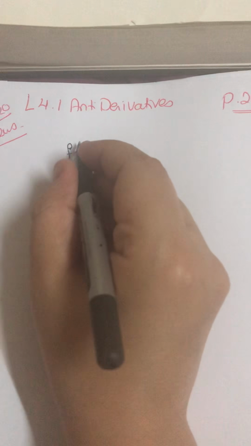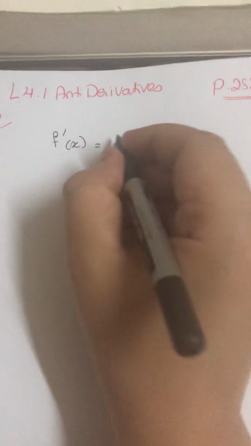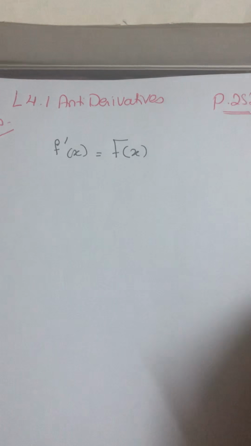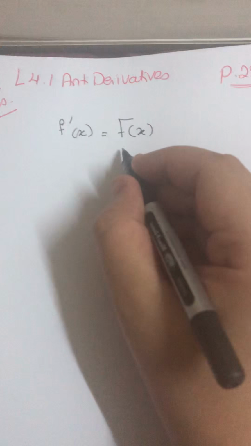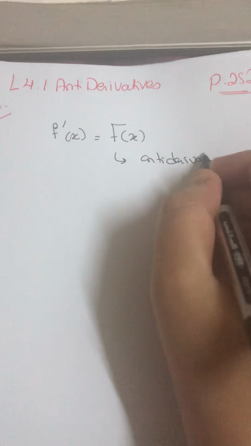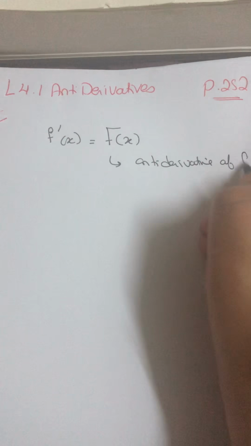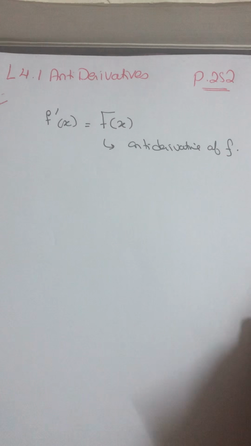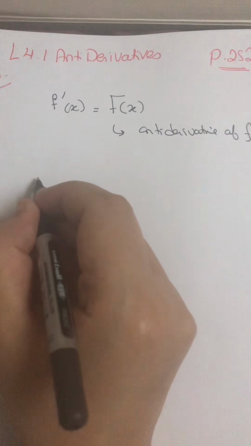the antiderivative of it, I'm going to remove the prime. So basically, it will be f of x. We call f an antiderivative of f. So basically what were we doing in derivatives is that, for example, if I have x